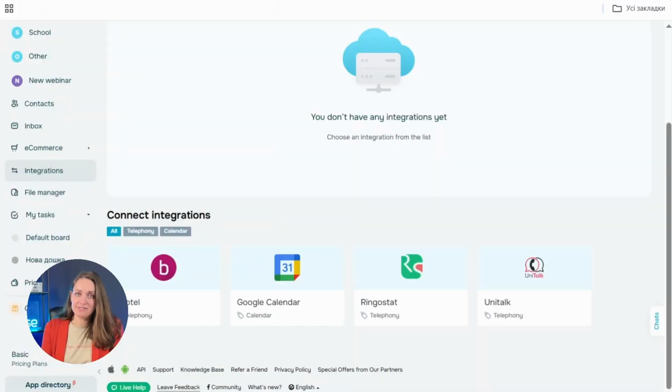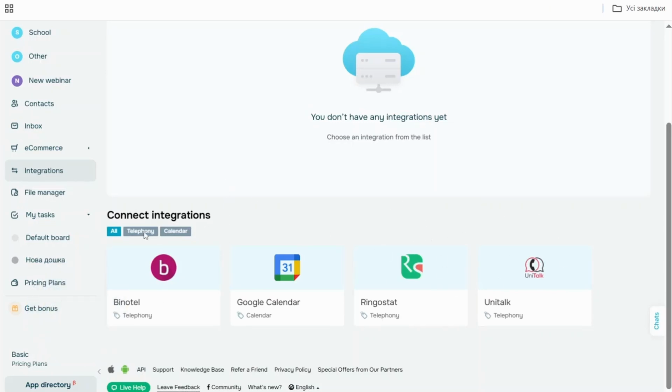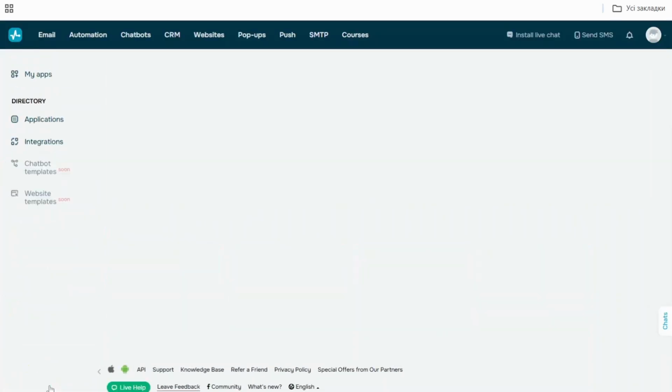In your SendPulse CRM system, you have access to certain integration options. First, you can link your Gmail inbox to manage your email conversations, automate data collection, and receive updates about client interactions within your CRM system. Additionally, you can track payments and assign them to specific team members. This integration is available on the standard pricing plan and higher, as well as during the free trial. Let's also explore telephony integration. Currently, SendPulse supports Ringostat, Unitalk, and Binotel options. To discover more available integrations, go to the app directory in the lower left corner of your screen.